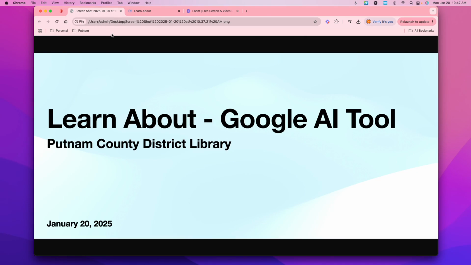This week we are learning about a Google AI tool called Learn About. The description that showed for what we were discussing today is kind of deceiving because it says Learn About AI tool, but this is actually a tool that was created by Google, and it is titled and called Learn About. So it's a new tool. It came out sometime around October of